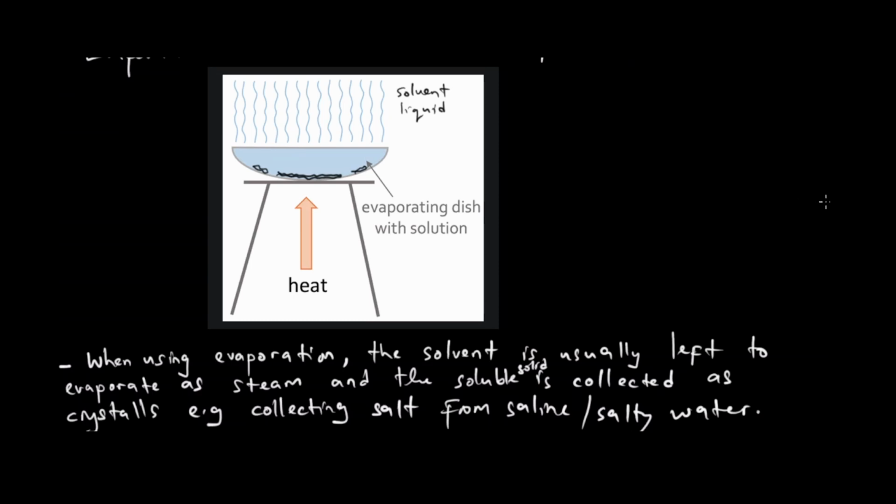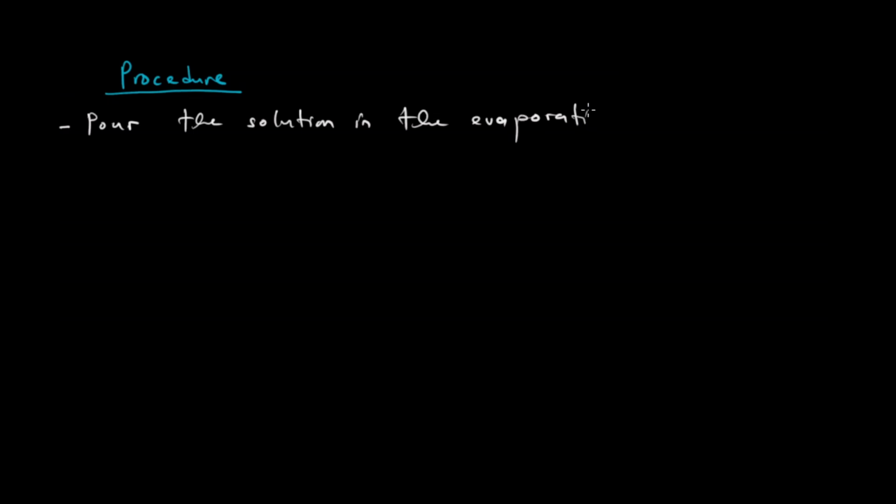But let us double down on the procedure. Ngati borimai pa procedure panapa, because you are expected to conduct these experiments on your own, and to be able to do that, you must know the algorithm. By algorithm, I mean the step-by-step manual of conducting these experiments. So the first thing you do, you are going to pour the solution in the evaporating dish. Madira solution yenyu mu evaporating dish. What are you going to do next? You have to heat gently